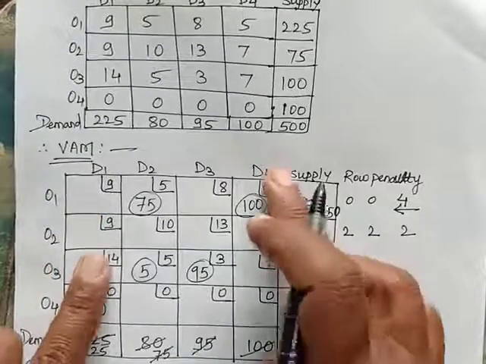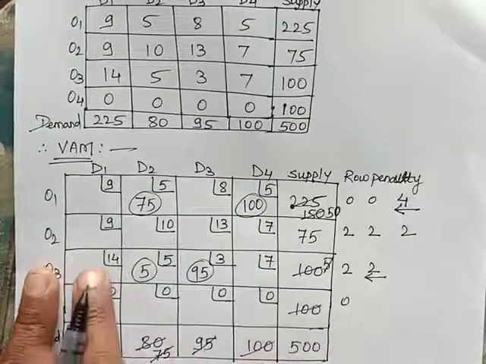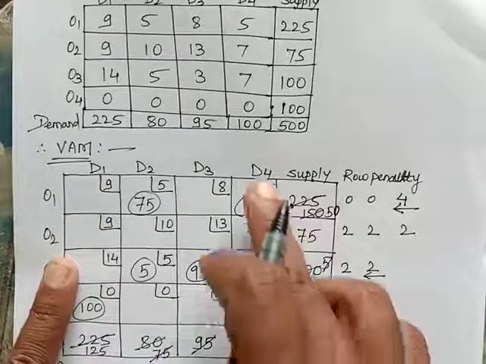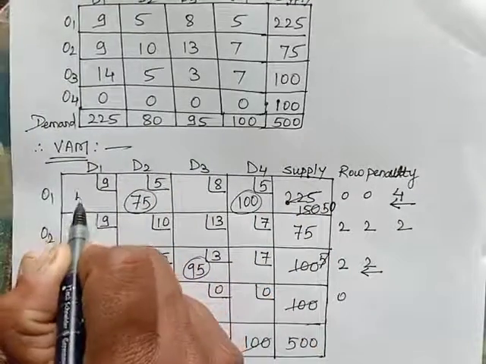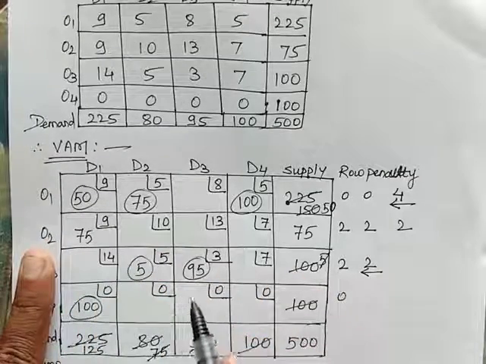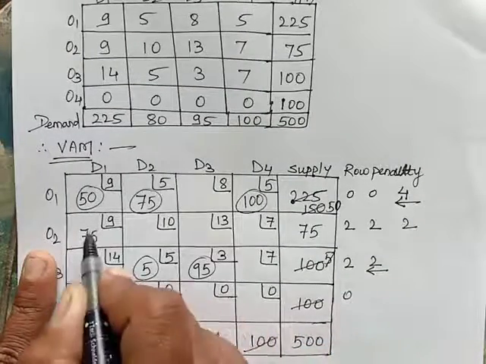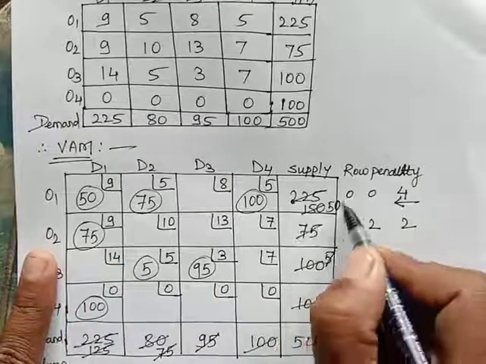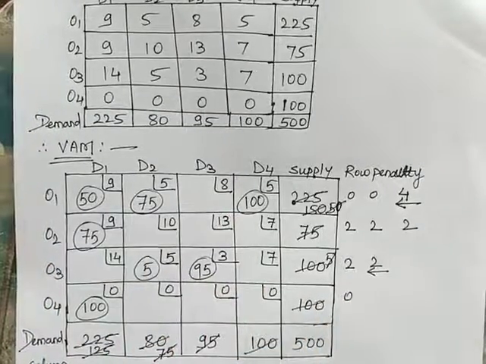Fine. Now as we have put up 100, this column is fulfilled now, so only these two cells are left now. Look at, this row is fulfilled, this row is fulfilled, these three columns are fulfilled, only these two cells are left. So here we will put up 50, and here I will put up 75. 50 and 75, it will be 125. This is satisfied, these are also satisfied. So as such we get the solution, the initial basic feasible solution.